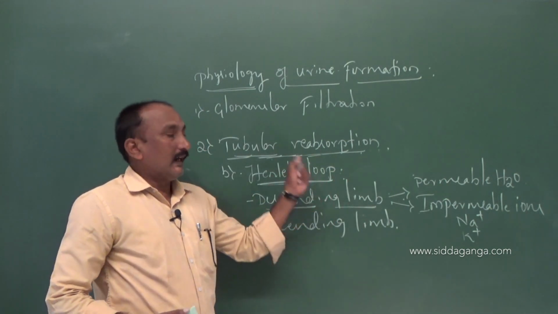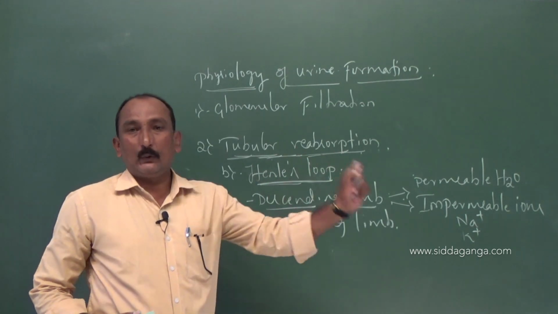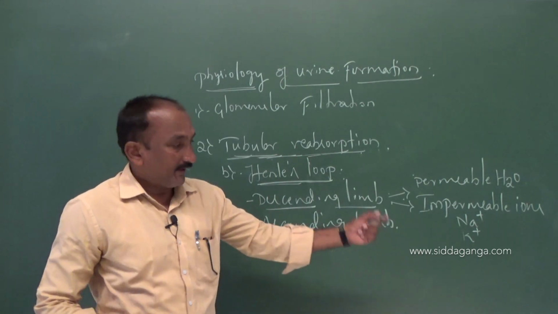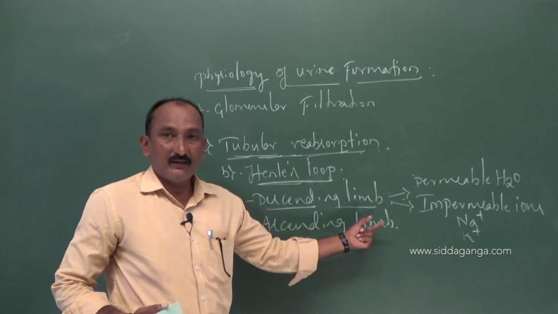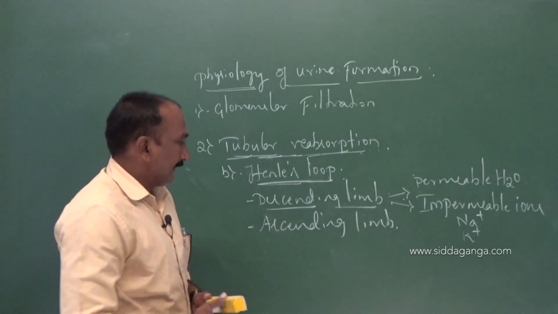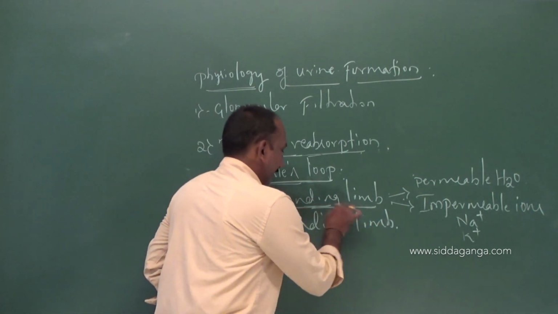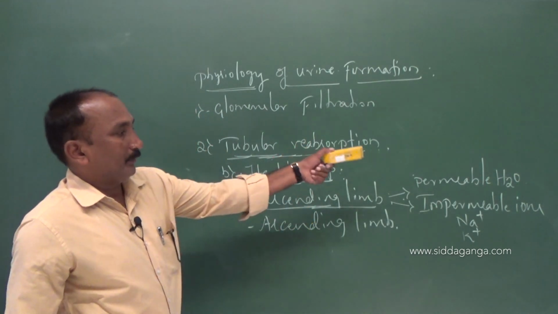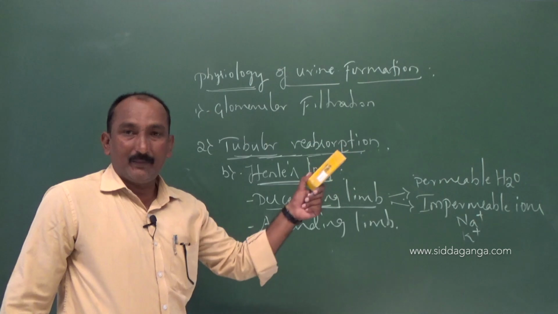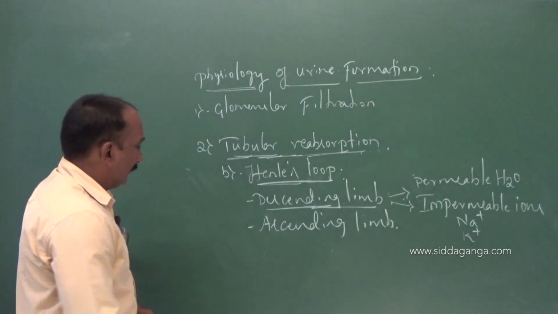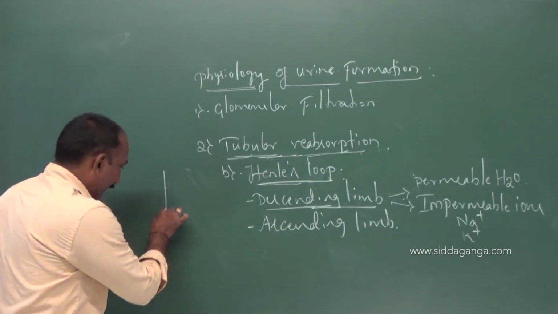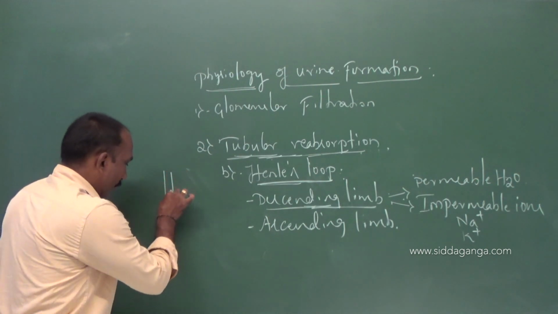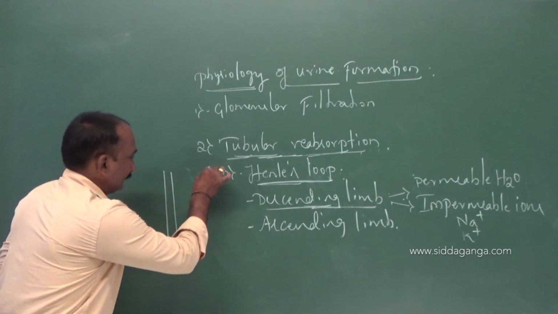That means the ions cannot pass through it. So, while the filtrate is moving through the descending limb, since its nature is permeable to water and impermeable to ions,